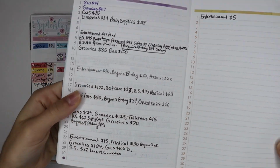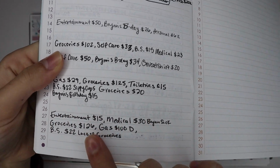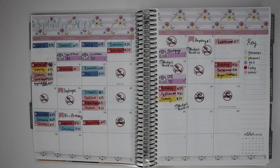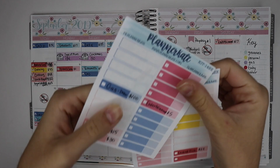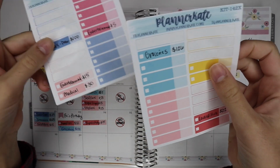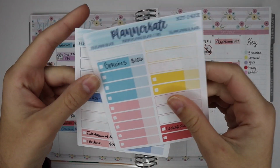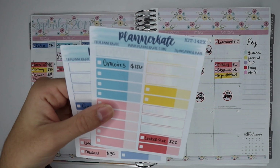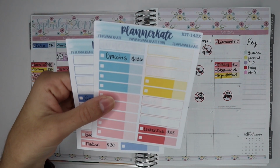So I just went through my little book here, and I looked at every day and what expenses I had, and I only have one in October. So now I have already written them down on these little stickers, depending on what category they were in, just because I wanted to save a little bit of time since this video is probably going to get long anyways with me doing my check-in